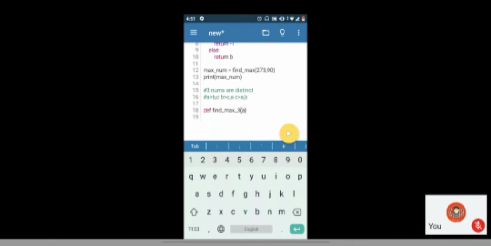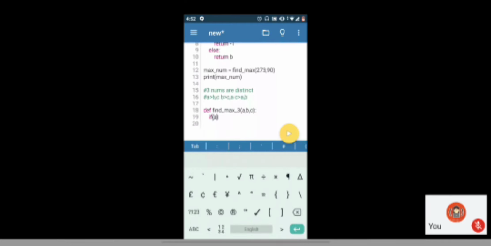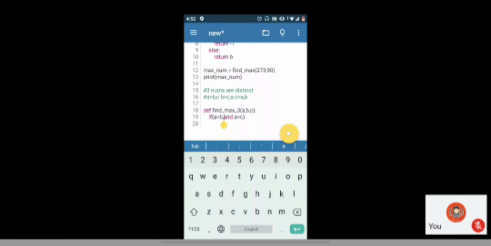Okay, so here we have three parameters, A, B and C. First let's check if the number A is greater than both B and C. What condition should I write? If A is greater than B, and there should be an and in between, and A is greater than C. You can't directly write comma C; this is invalid syntax.